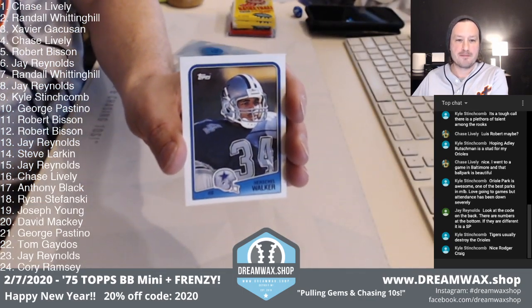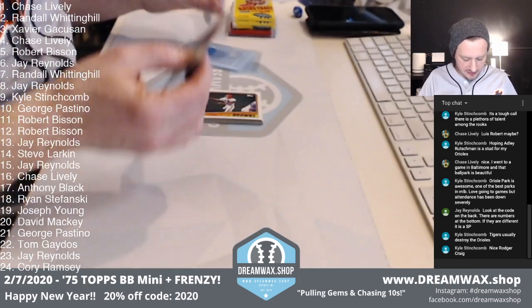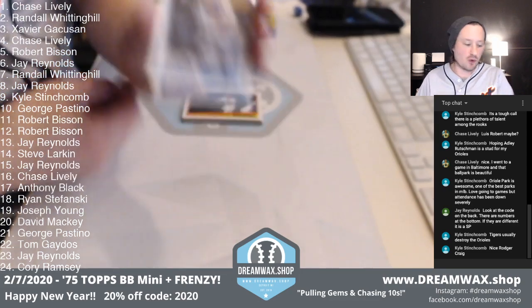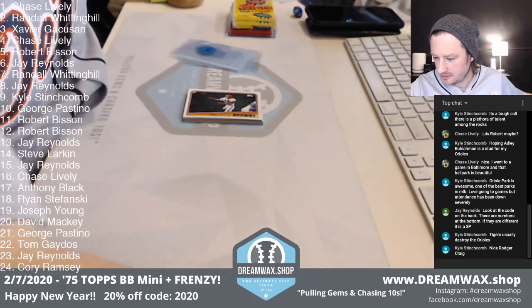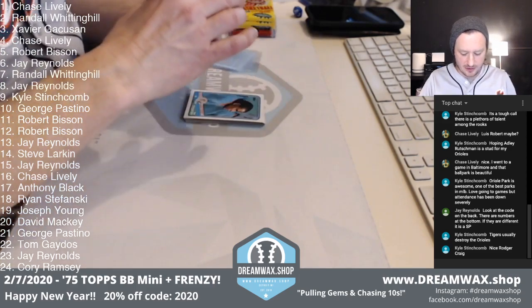Herschel Walker, little off center, but Hall of Fame action. Herschel Walker, nonetheless. You're looking at $30 in a 10, so